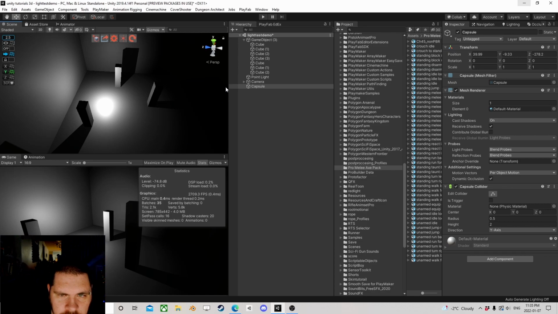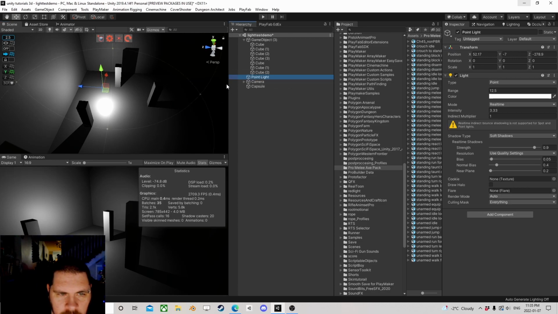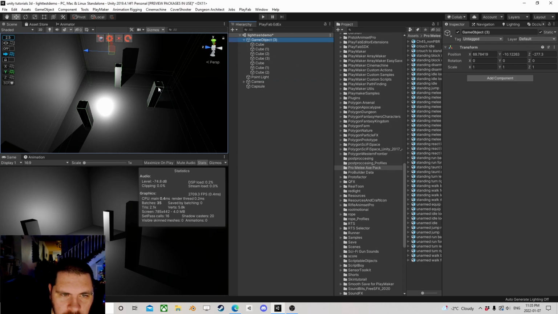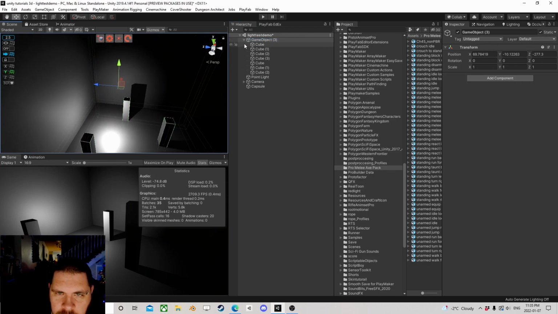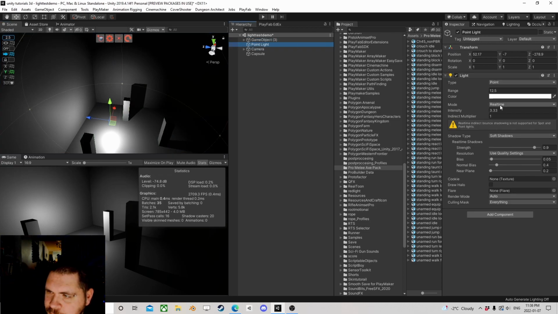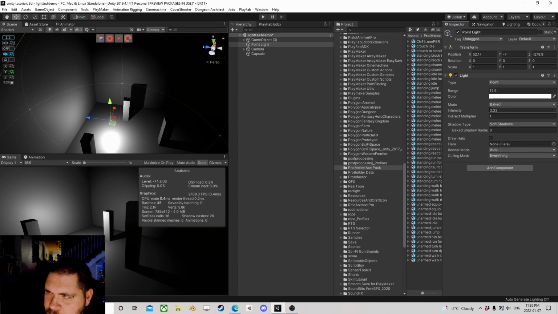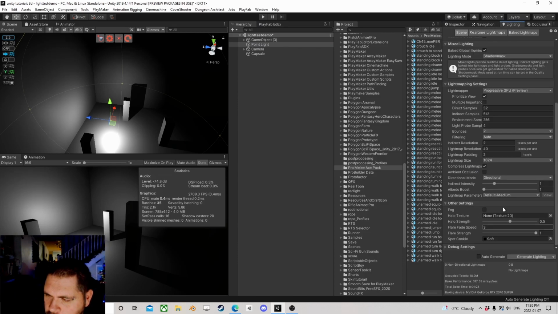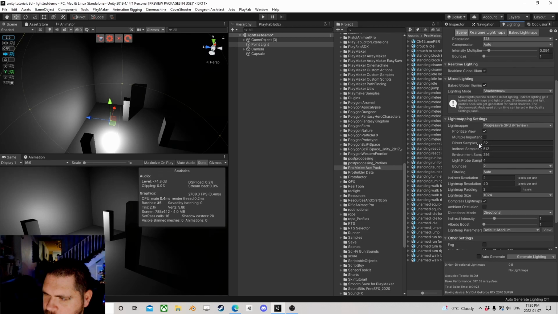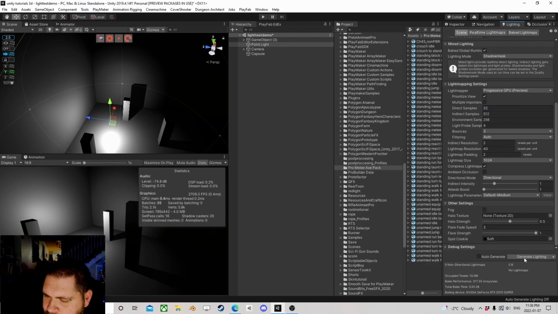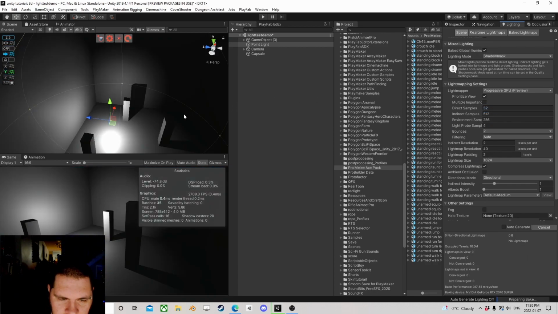So I wanted to just briefly talk about lighting in the ways of if I were to bake it. If I mark these as static, I'm more or less telling Unity I don't plan on moving these, so we can do special things to them. And I say bake. In lighting I don't have auto generate on. I think I got most of the light settings set to default other than I put it onto the GPU. So we hit generate. Now it takes a while, but you'll see the batches were at 35 and there's only